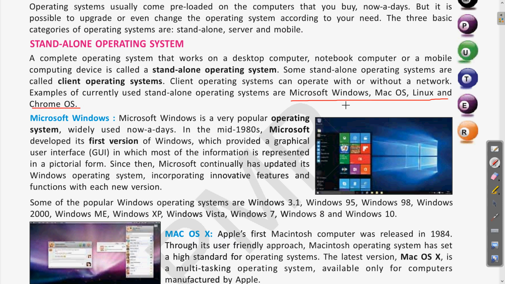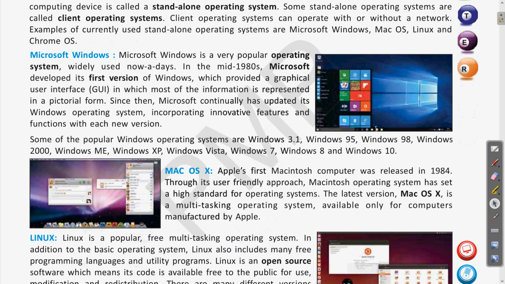So whatever these operating systems are, they will only run on a single device or a single computer. It may be your mobile phone, the laptop or desktop computer. Now one by one it is being explained what these different standalone operating systems are. Let us see them one by one.